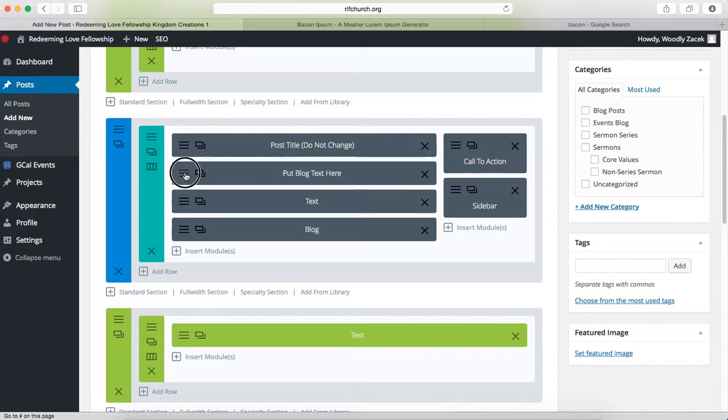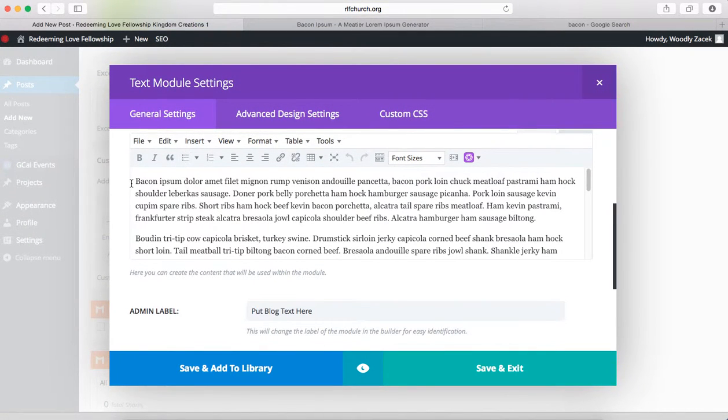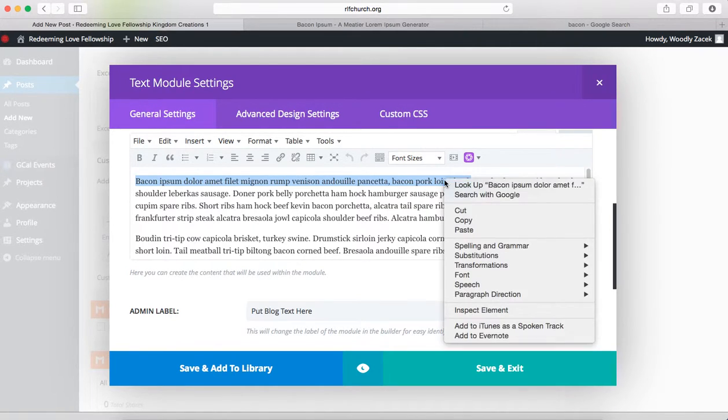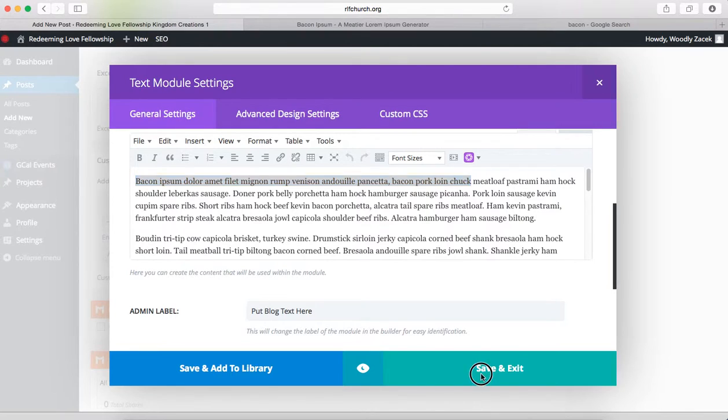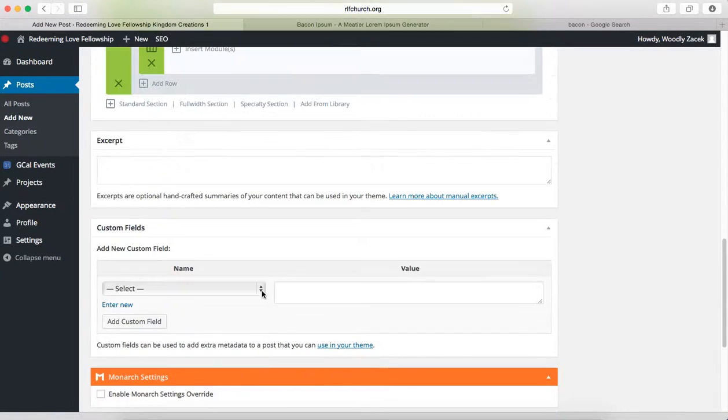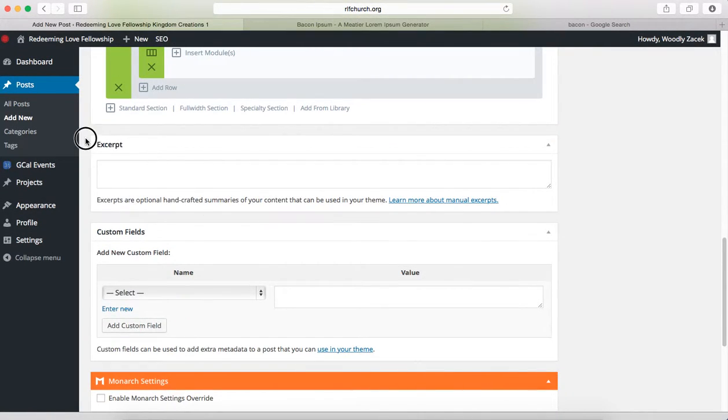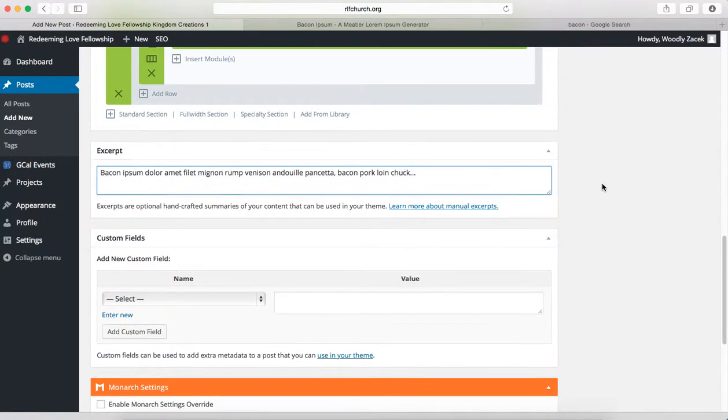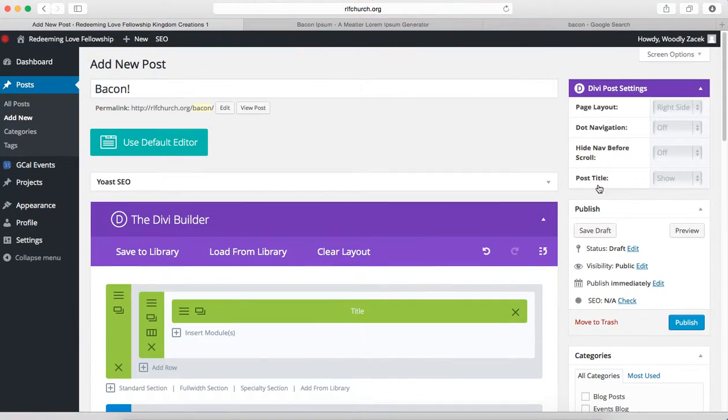And the way we do that, we can just take the first half sentence of our blog post, copy the text. We'll come down here to the excerpt spot right here. We're going to go ahead and paste that in. Put a couple dots after it. Now that's all set. The only other things we want to do on here, and these are very important, under